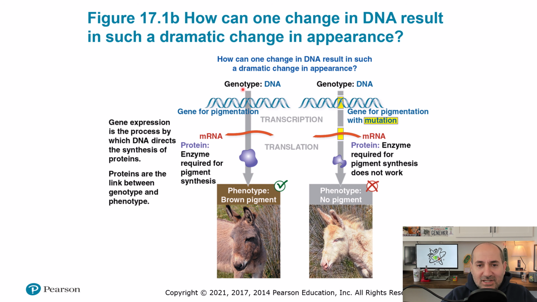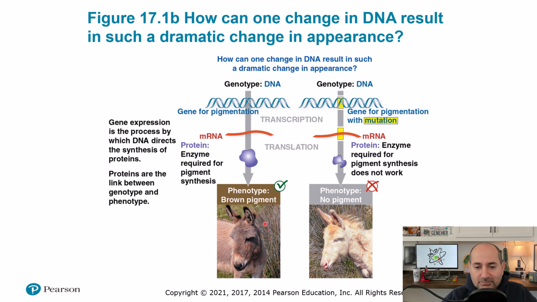So just to give you an idea, a gene is a segment of DNA that codes for a particular protein. That segment of DNA is first copied into complementary mRNA or messenger RNA by a process known as transcription. And then the ribosomes will read that mRNA message through a process known as translation in order to produce a protein. That protein functions to give you your traits. So for instance, this is some kind of gene for a protein that makes a pigment. This pigment gives the brown